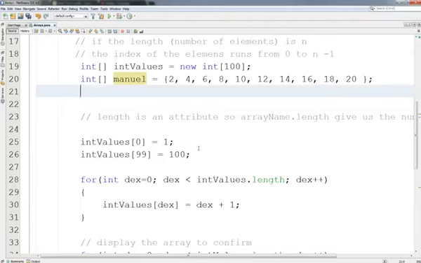Let's go ahead and create a string array. Okay, so String square brackets. Let's use days of the week. So daysOfWeek, and then that's going to equal. And again, I'm going to make this a string literal array. And then I'm just going to type these in. Now, because they're strings, they have to be quoted, right? So Sunday,